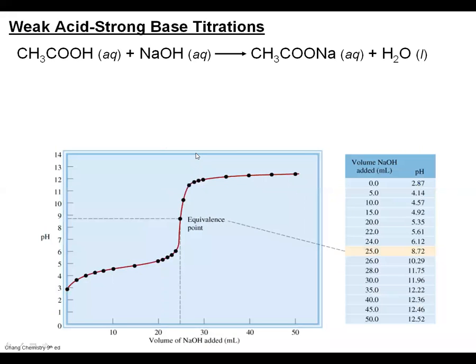So the next type of titration that we're going to talk about is a different type of titration than the previous one that we just talked about. We're going to talk about a titration of a weak acid with a strong base. So the setup is pretty similar to the last one. We're going to have our